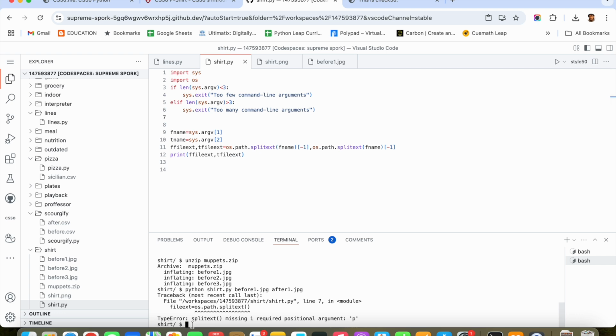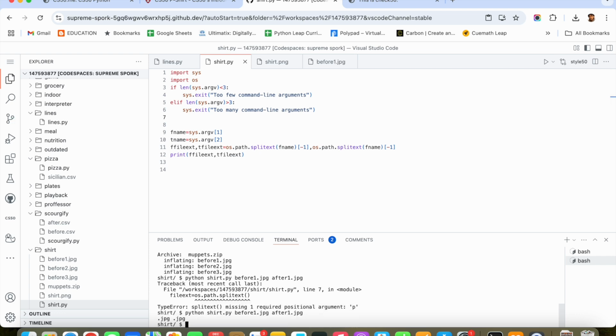Okay. Now let us check. Yeah, we have got both .jpg. We have got the answer for from file and to file. Now it is very simple. So first we need to check if